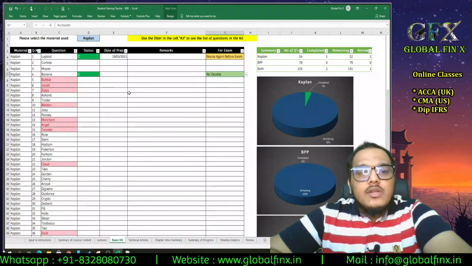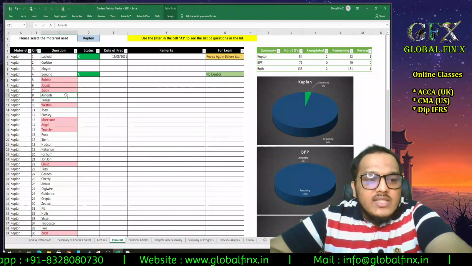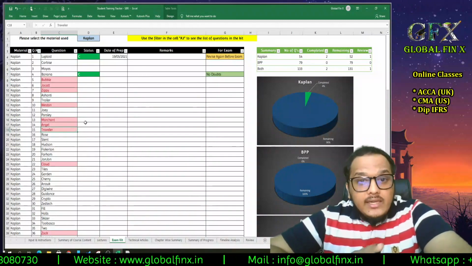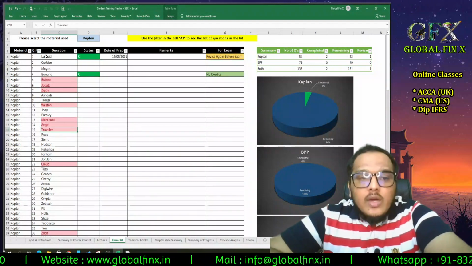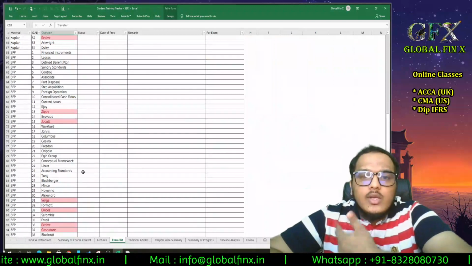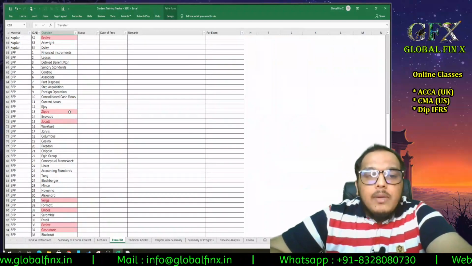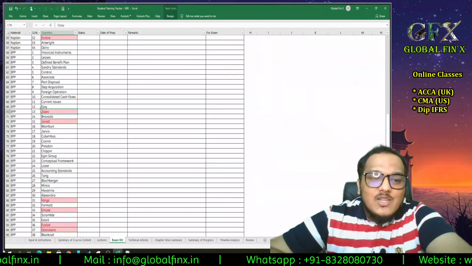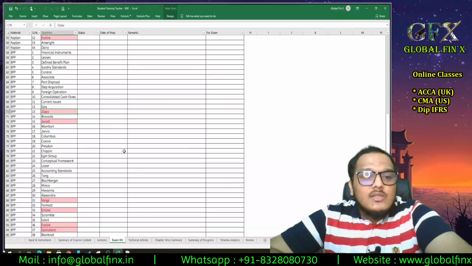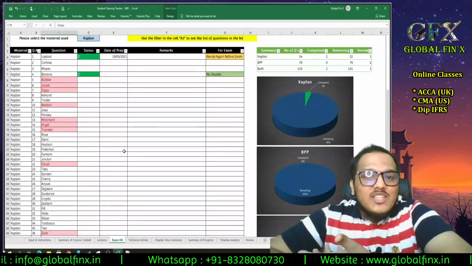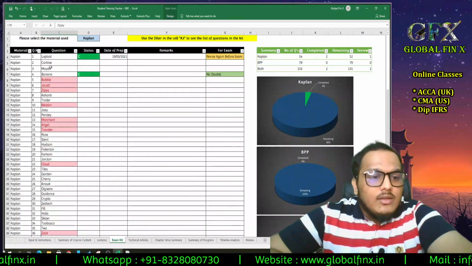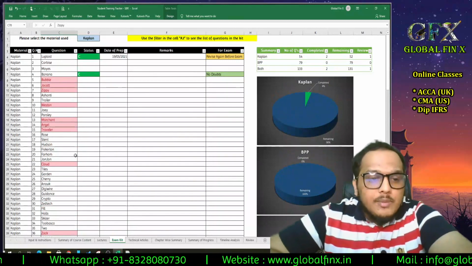Anyways, then what are these red color cells, sir? Some of these names are highlighted in red. Sir, these are the questions which are repeated in both Kaplan and BPP together. So if you are done with Kaplan and you are starting with BPP, and there are any red color marked questions, that means you can technically ignore those questions. But please make sure that the question is also the same, not just the question name. These are highlighted on the basis of the name of the question. Sometimes the question name will be the same, but the content of the question might be different. So just confirm again before you move on. I try to make this easier for you. It's up to you.